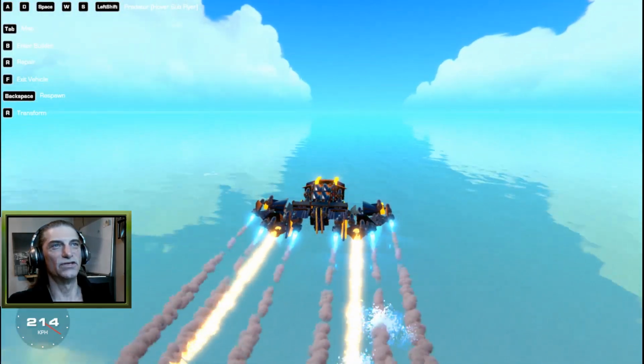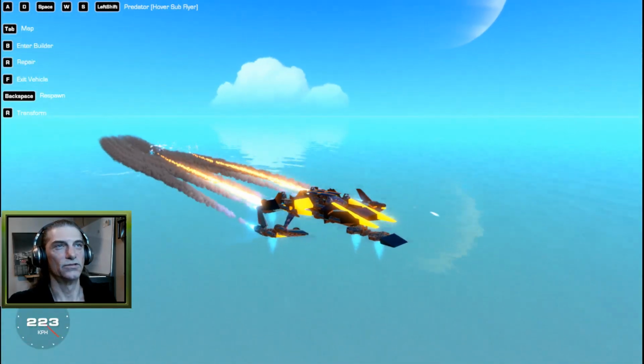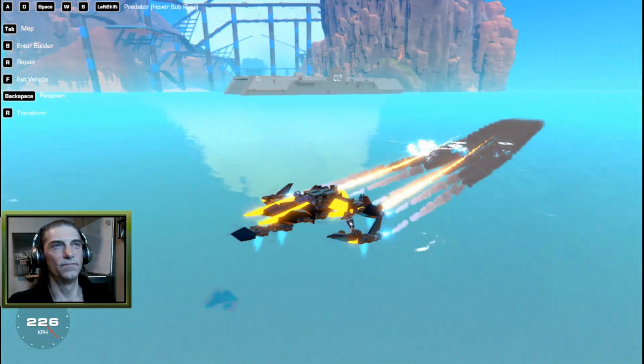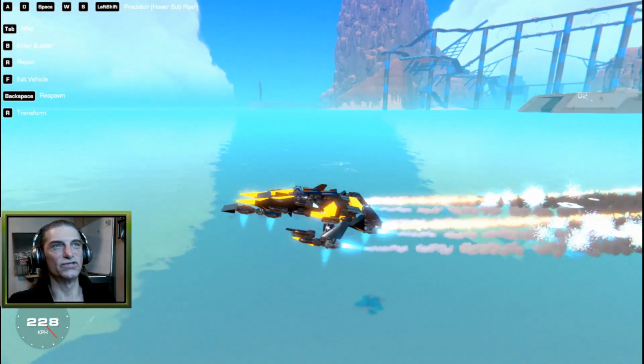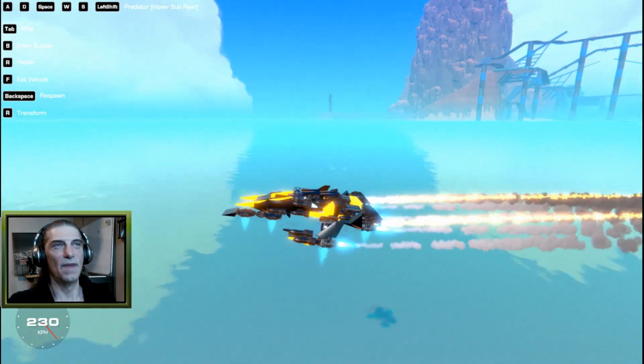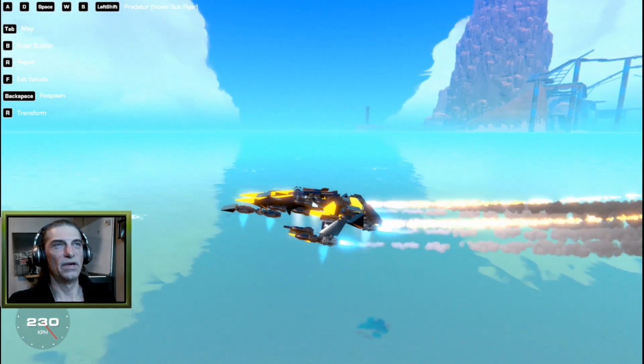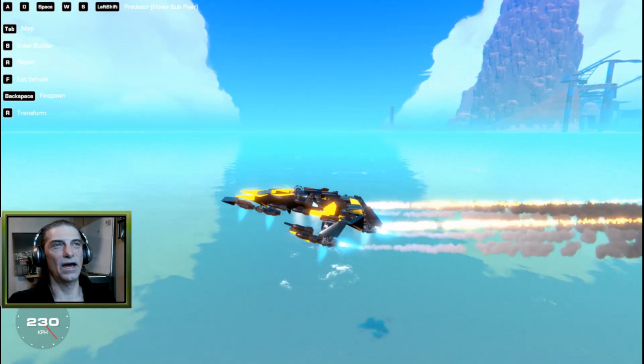Got turning with our fins in the back here. There's also a helicopter engine in there as well, so that at speed we can actually turn. And when we're zipping along the surface like this, we can hit left shift, which toggles our anti-gravity mode or mass reduction mode, otherwise known as gimbals. And makes us just a little bit lighter so that if we pull back on the stick,